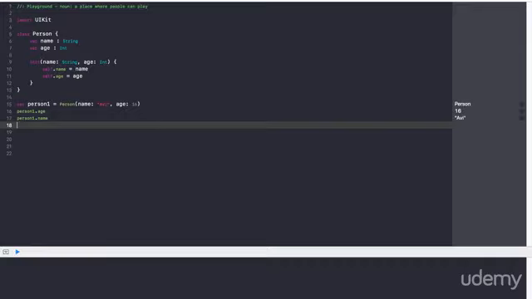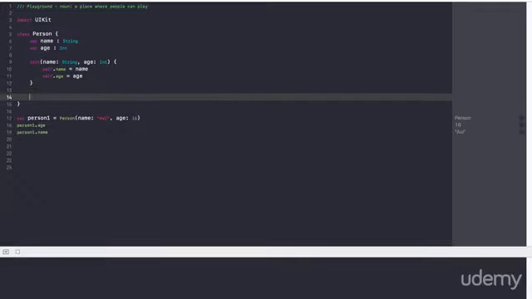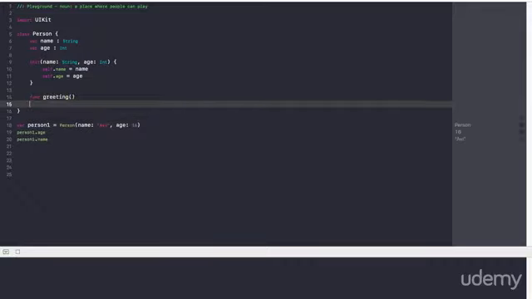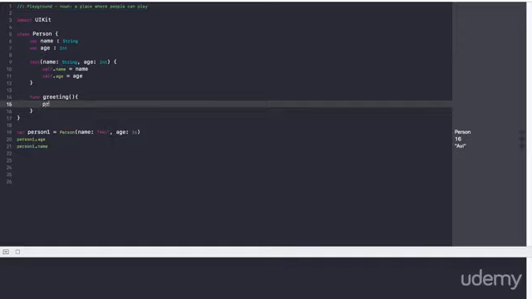Now, the next thing in classes are methods. Okay? So in any class you'll most likely have some form of a method. So I'm going to go ahead and create a greeting method. So func greeting. Okay? We don't have to pass anything in for now. And let me go ahead and start the brackets there. So func greeting, and I'm going to go ahead and print out hello, and I'm going to say your name is,